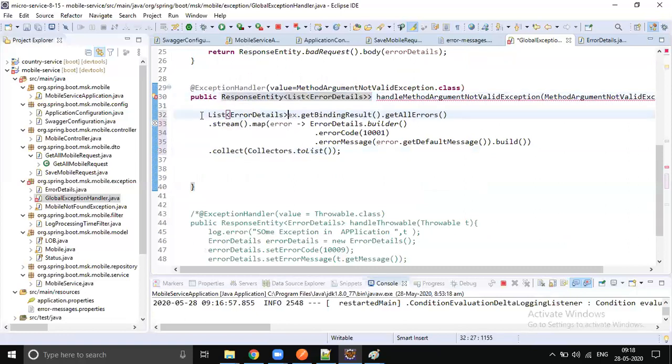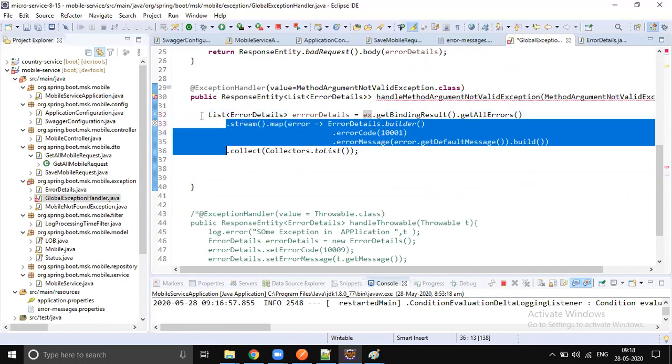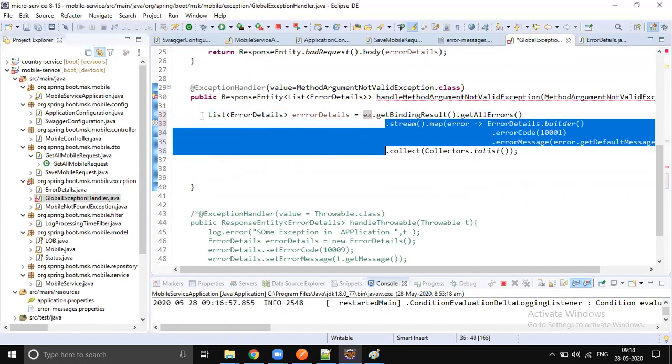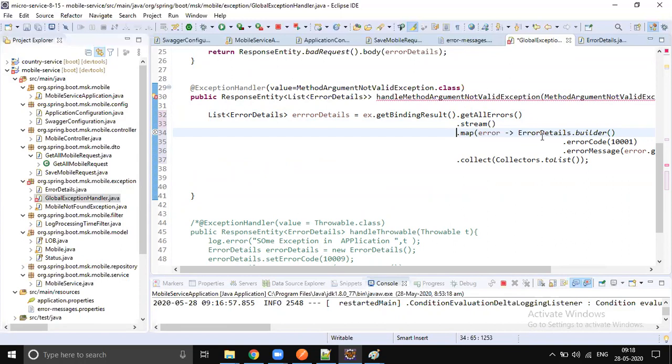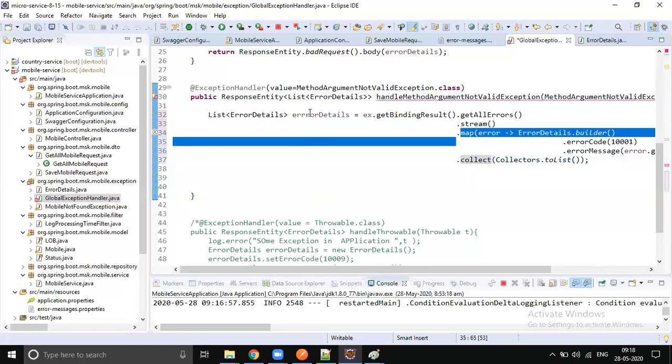We can do this in pre-Java 8 code also, but let's try to use the Java 8 API, write less code and do things in a programmatic model. So stream: you got the errors, you are using the Stream API, iterating each error message and converting it into an error detail, and finally collecting that into a list.